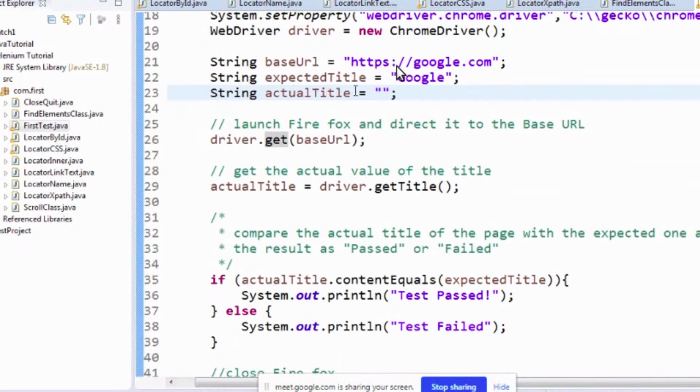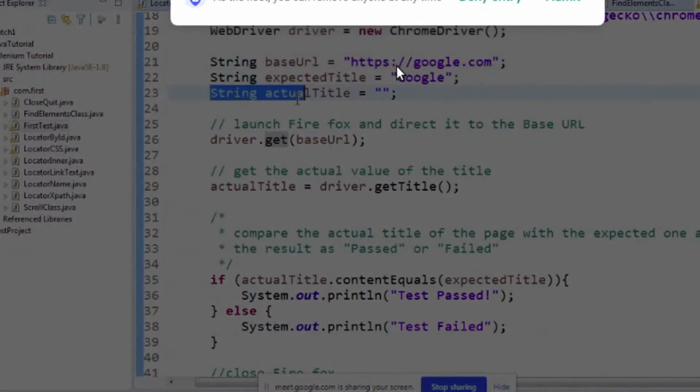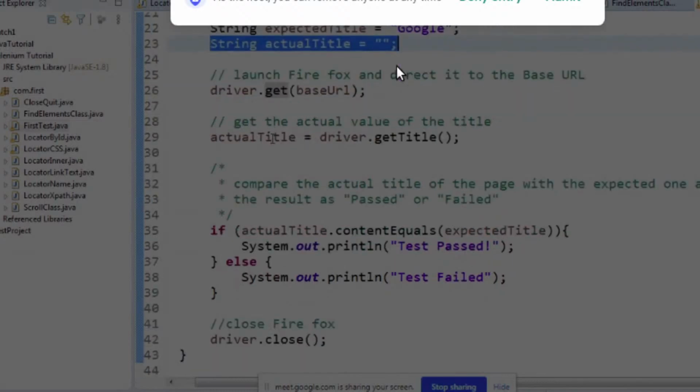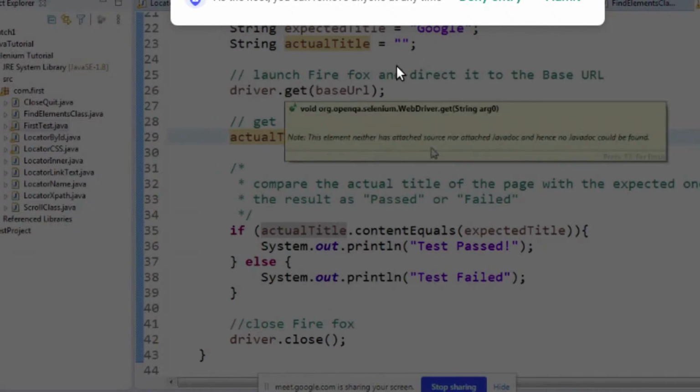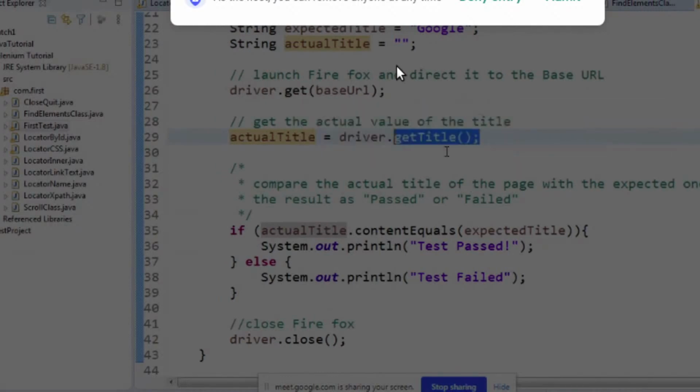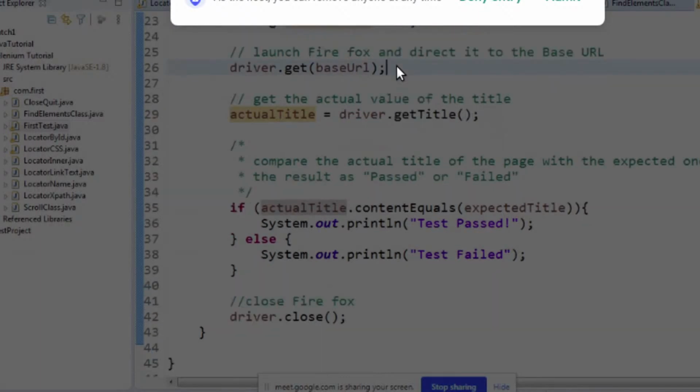Actual title has nothing initially, and you are declaring a string type variable here. In actualTitle, I'm expecting driver.getTitle(). Like the get function opens your URL, the getTitle function will get the title of that opened page. So in actualTitle, you will get the title of the page, the Google search page.